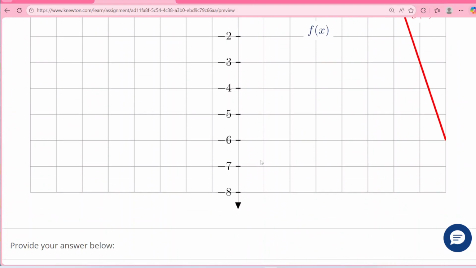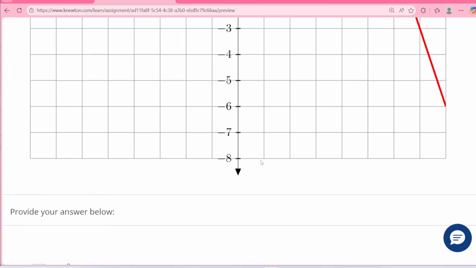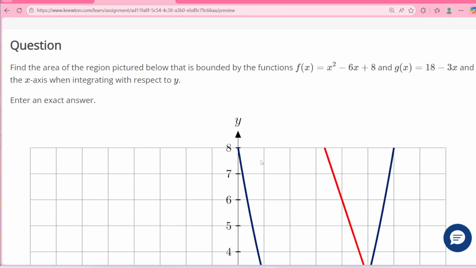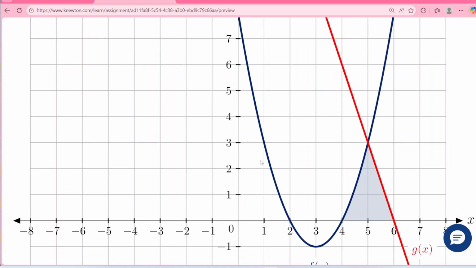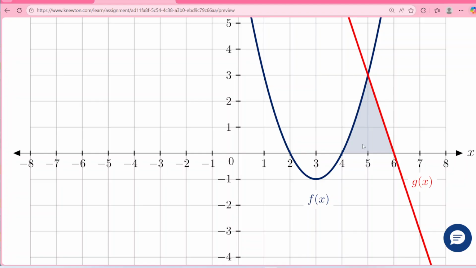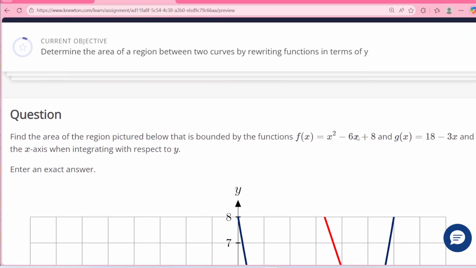All right, so this is pretty similar, but you actually have to find the area. Again, I think it'd be easier to do it with respect to x, because you just find the area under f from 4 to 5, and then there's a triangle there with a base 1, height 3. So me personally, I would just do this with respect to x, but let's still set this up with respect